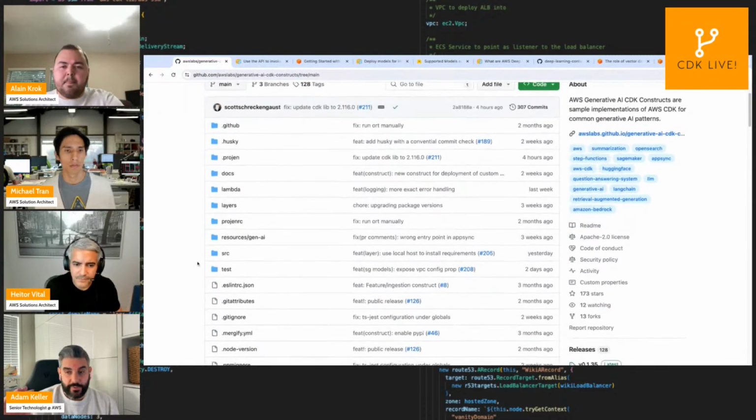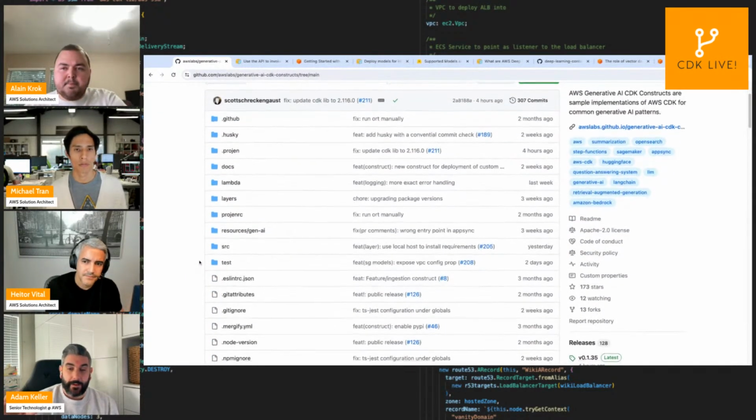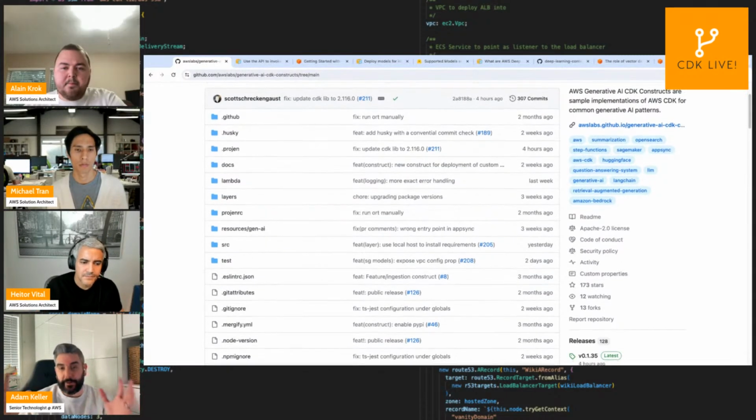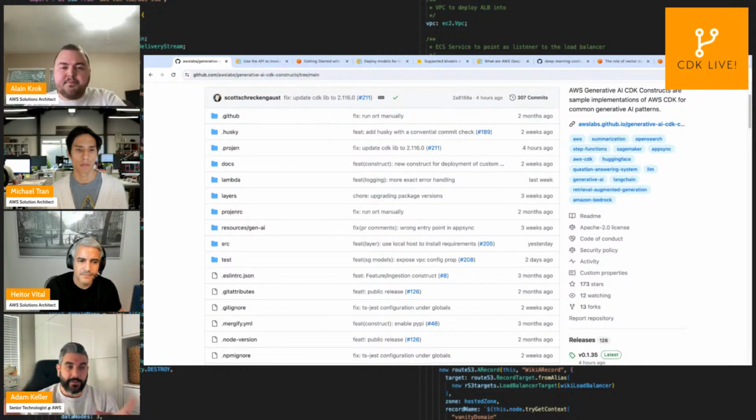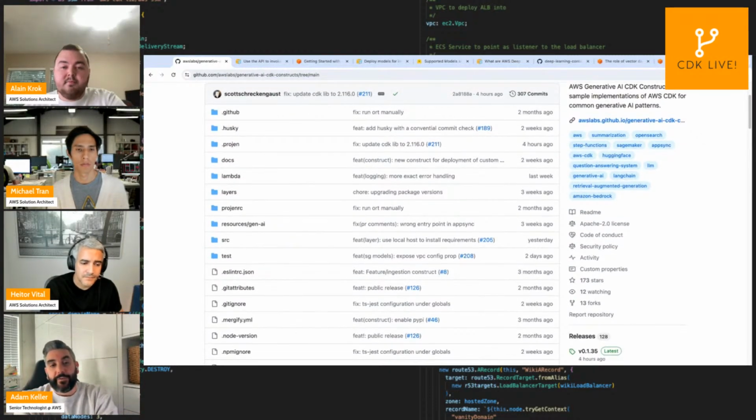It's fair to say that at this point, the majority of these constructs are L3 constructs. They're patterns essentially, so they have a clearly defined use case and pattern, and they can quickly get you up and running. And we have a couple other constructs that are a little lower level, L2, that if you're building on your own, can help you. You can use these constructs to get moving a little faster as you build on your own.